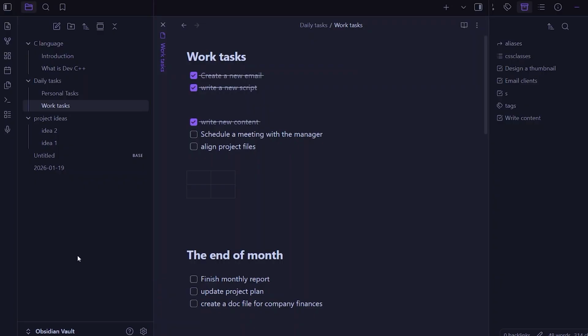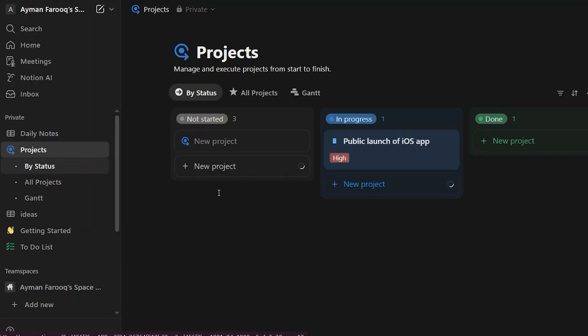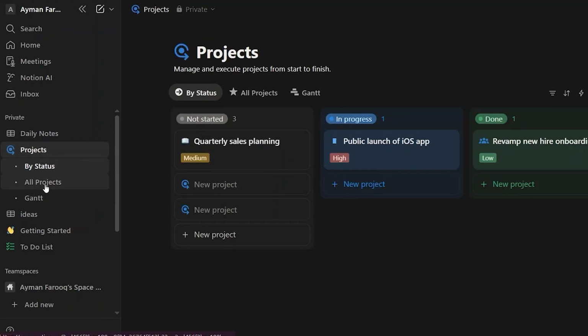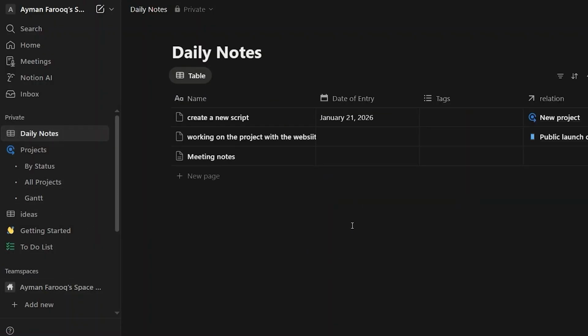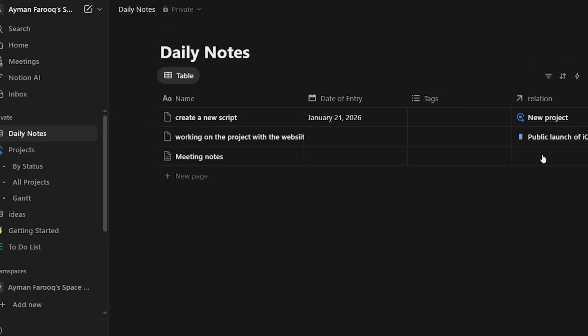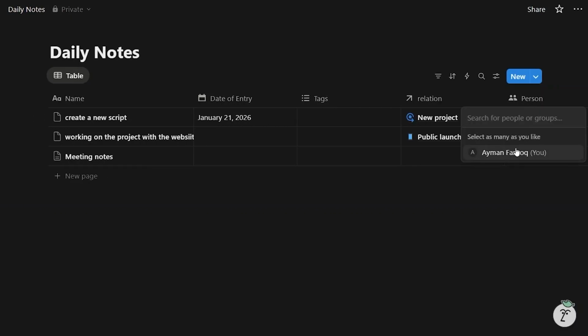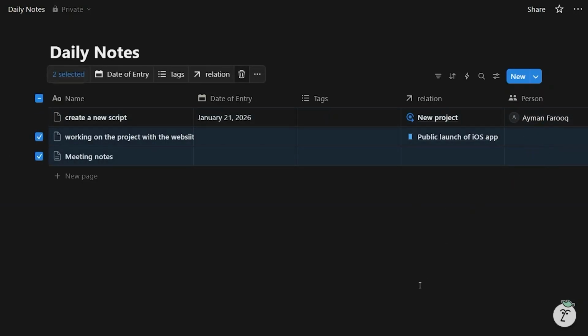When you're tracking your progress, Obsidian is going to track your progress by checkboxes and Dataview queries. While Notion can also track your progress by simple checkboxes if you want, or it can also go ahead and add calendars, timelines, progress bars, or even file owners and who this is assigned to. Like here, I can just assign it to myself, and right here, there is going to be a little icon